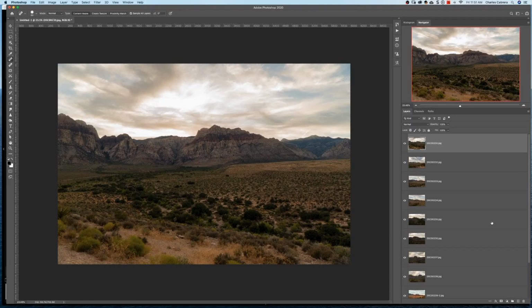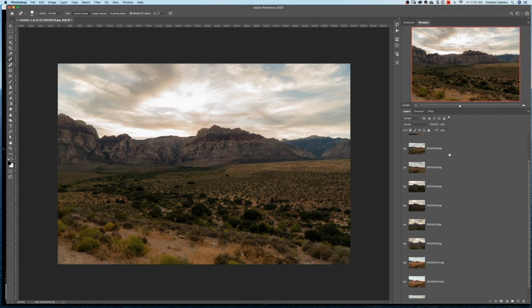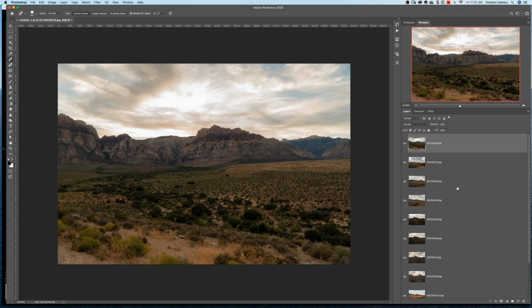You can bring in a lot of photos at the same time. Like in this case, I brought in all these photos here on the right, but they came in as layers. But you can't apply one adjustment to all of these layers at the same time. You can also open up more than one photo as a tab in this interface, but you still can't apply the same edit to all of the photos at the same time.